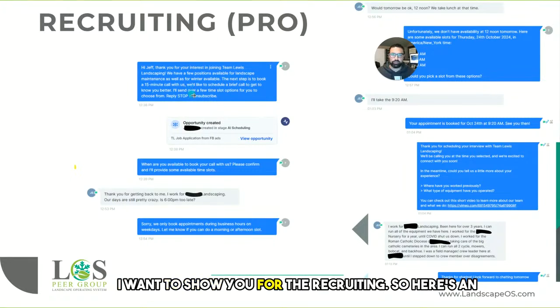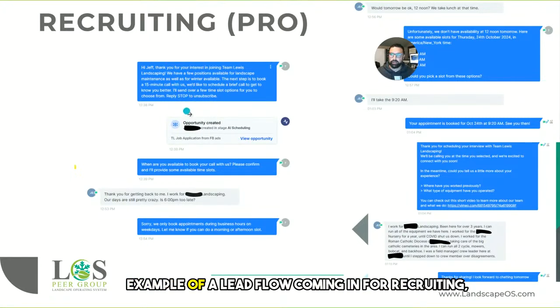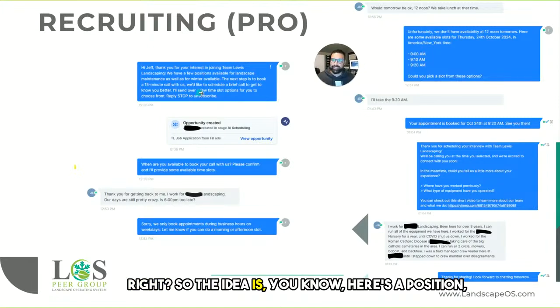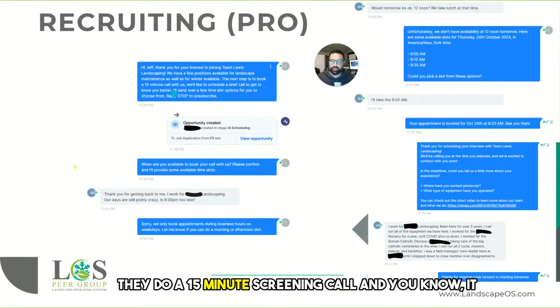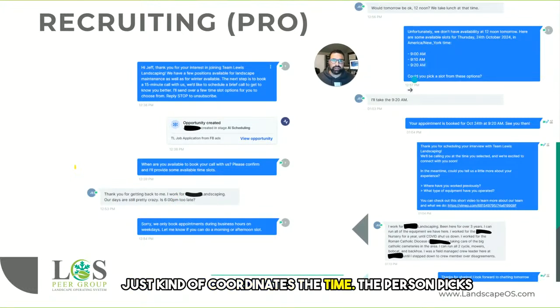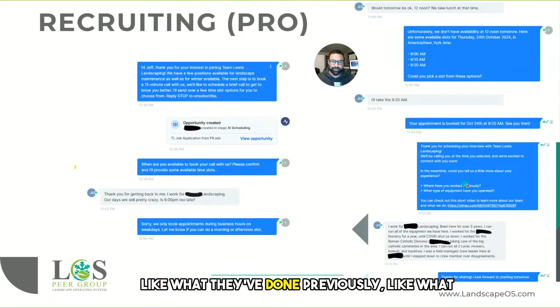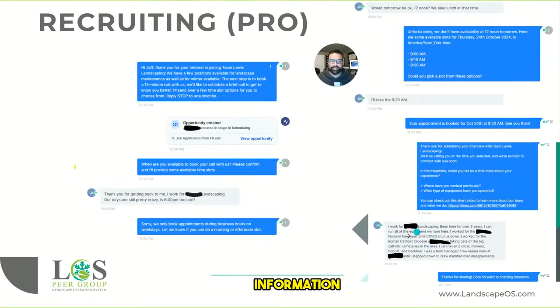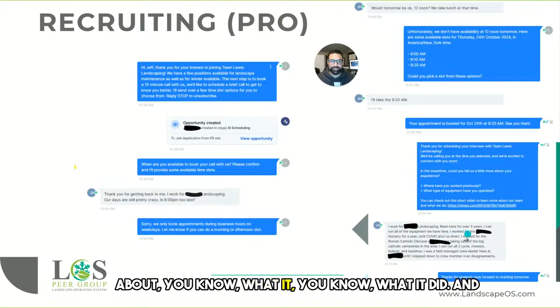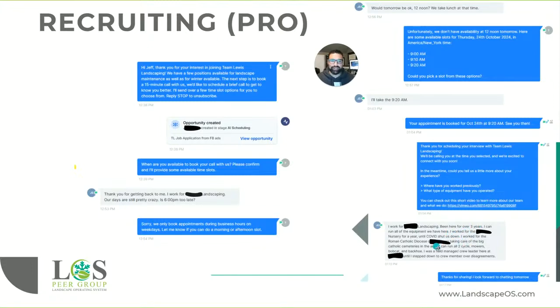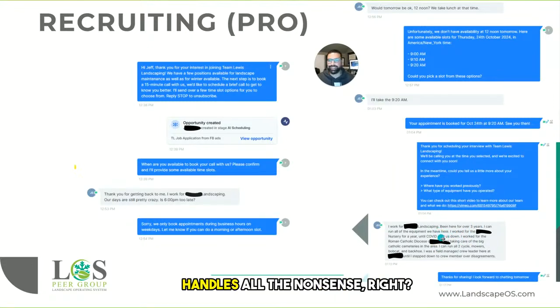that you did. I want to show you for the recruiting. So here's an example of a lead flow coming in for recruiting, right? So the idea is, here's a position. They do a 15-minute screening call, and it just kind of coordinates the time. The person picks the time that they want to do it, books it, handles it, then asks what they've done previously, what equipment have you operated. So here's some information about what it did, and so going into the meeting, it just handles all the nonsense,